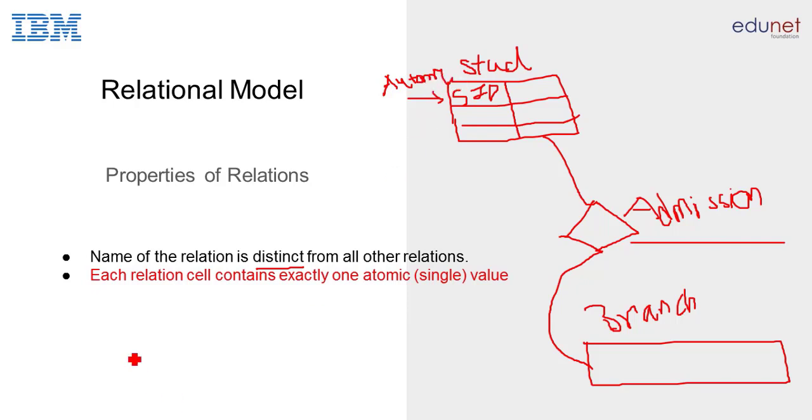Each relation cell, this is my relation cell, must hold exactly one atomic value. Exactly one atomic value means it cannot be repeated. This student ID must be unique for a particular student table.